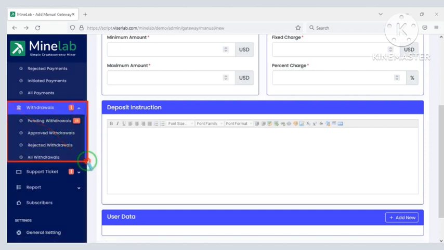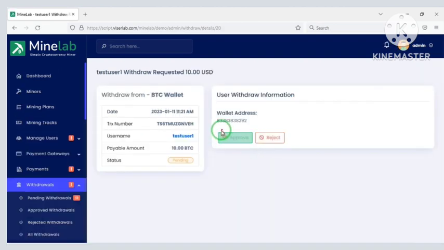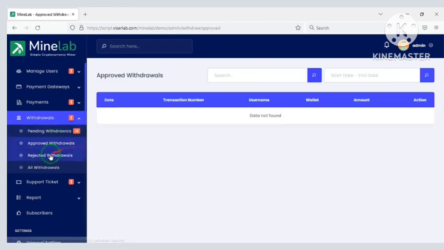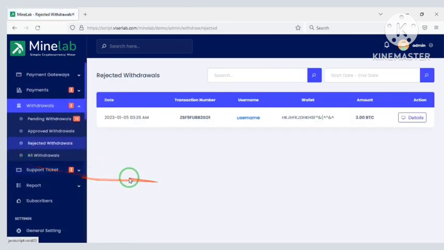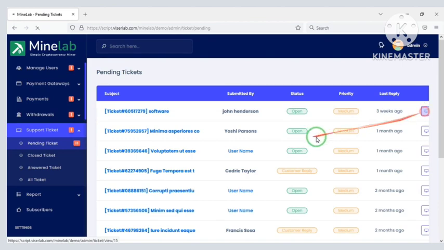You can view users' payment withdrawal history. You can also provide replies to user support tickets.